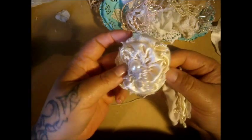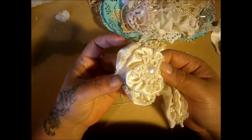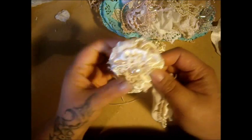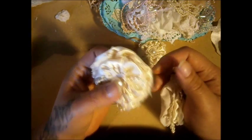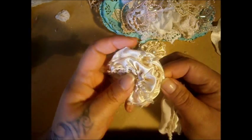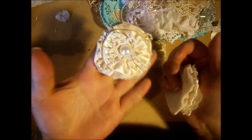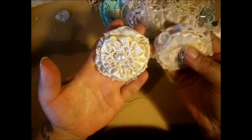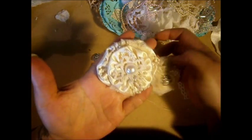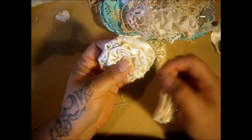This one I've used some satin, and I received a rack today and it had doilies in. I've uploaded the rack video, but there's a lot of rambling going on in that video, guys, because I was just so overwhelmed. But I couldn't wait. As soon as I finished the video, I just thought I need to do something with these beautiful doilies that she sent me. So that was sent to me by Holly, so definitely go and check her channel out, because she's a flower maker as well, guys. So yeah, these are just the YoYo flower, and I've stacked them up, and